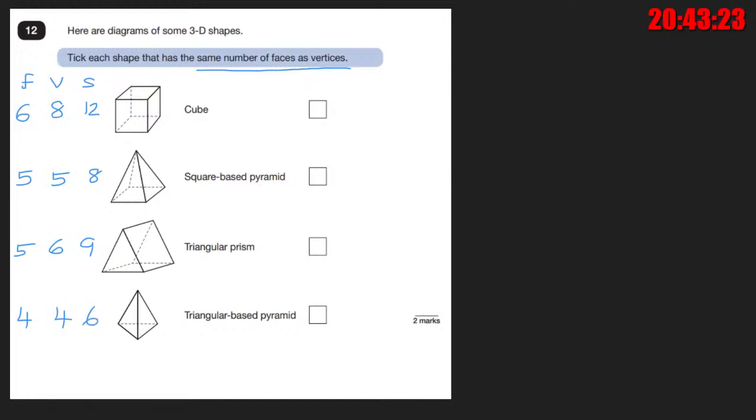Now, same number of faces as vertices means this and this are equal. This and this are equal, right? So this is the correct answer and this is the correct answer, right? And now we are going to go for question number